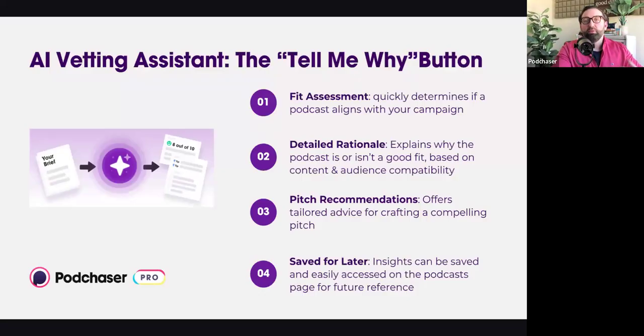Now, that can be laborious, of course, which is why we do have our Tell Me Why feature, which if you haven't played around with it, definitely do that. It's using AI, so this would be a responsible use of AI. Once you input your campaign goals, your campaign parameters, et cetera, it'll create a fit score. It'll provide a detailed rationale for it. It'll provide pitch recommendations, which we are updating in light of recent conversations, both in this webinar series as well as from the field at large. You can also save these for later